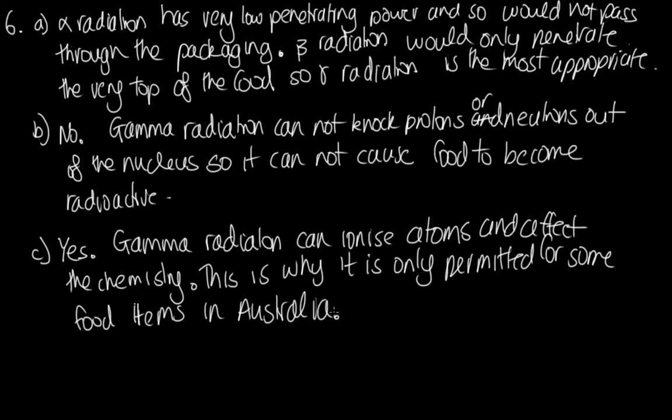So Australia has fairly strict rules about the irradiation of food. Some countries allow it a lot more, but in Australia they want to hold off on allowing it until there's a lot of evidence that it is very safe. And it is possible that it may affect the chemistry. Okay, this is problem 7. Okay, so in this problem we've got the thermal neutron, which is absorbed by a 238 nucleus. So we've got a neutron plus a 238 uranium nucleus, and this undergoes fusion and we end up with a